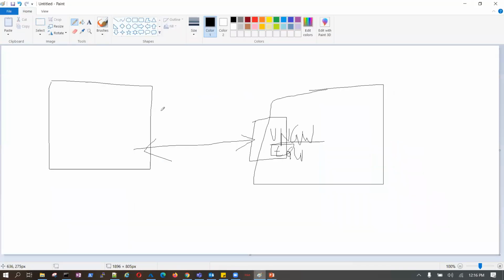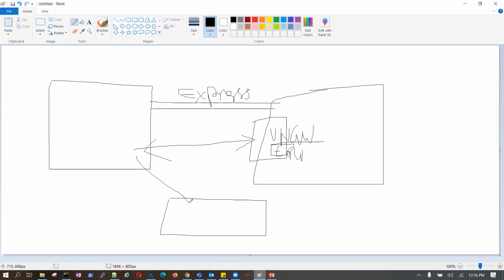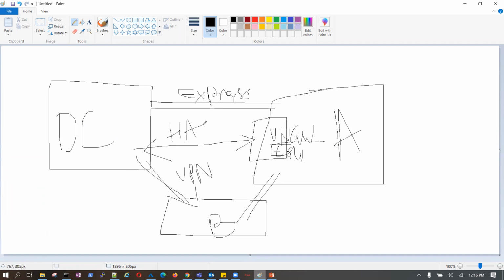Similarly, now I'm having this connectivity using my ExpressRoute. Now I'm having this connectivity using the VPN gateway. This is my data center, the customer data center on premises. This is my VNet A. This is my VNet B. I created a peering. This is HA for me.